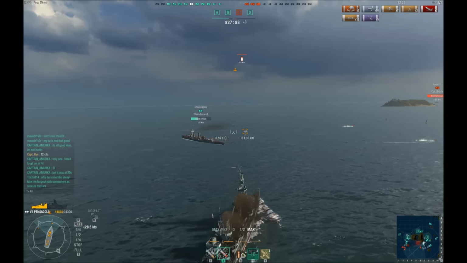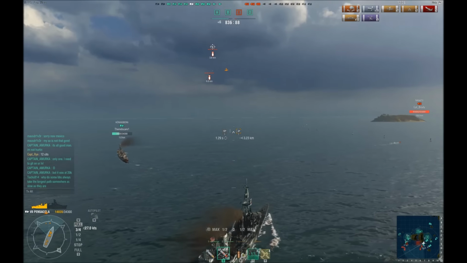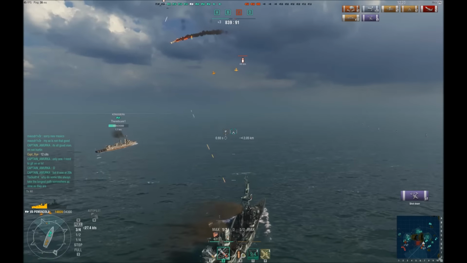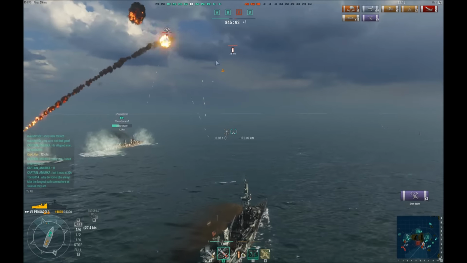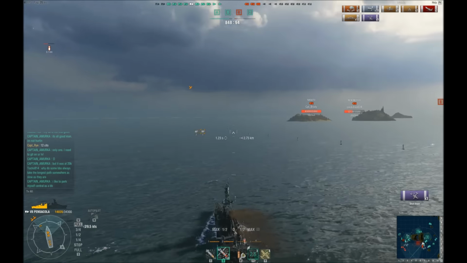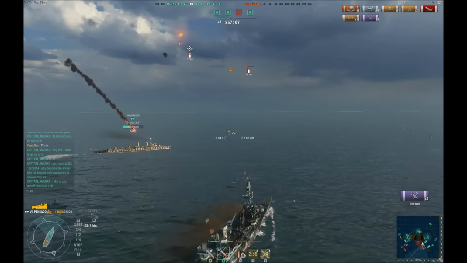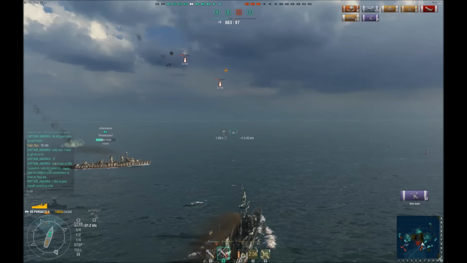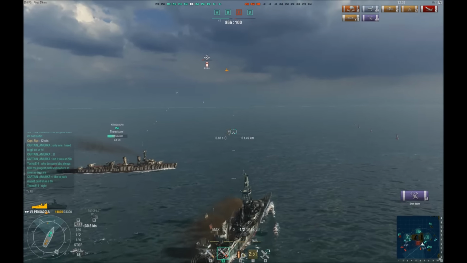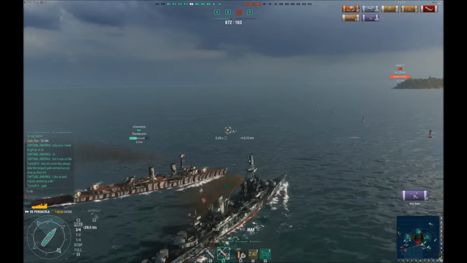And again, I didn't go alone. I went with a couple of other cruisers. I went with a destroyer. So between us, we're not concerned about air attacks here. I'm popping these AA defensive abilities, and that carrier's trying to send planes to finish off the lower health teammate, and it's just not happening. I'm chewing up his planes. Teammates chewing up his planes. So we've formed a nice little cruiser wolf pack, and